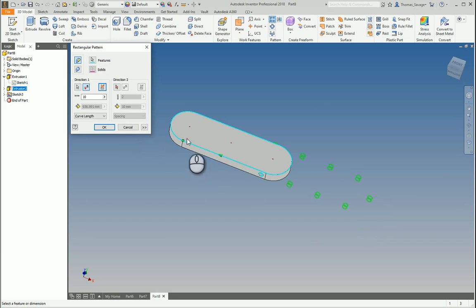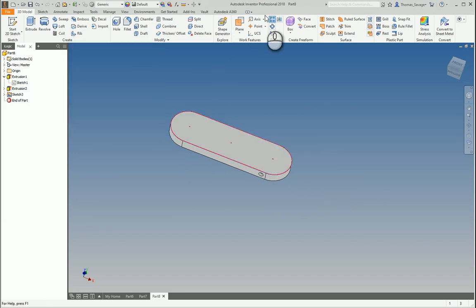This is also something that you need to look out for. You can see this green dot. This means this is where it's going to start from. So we need the green dot to be here. So if we start that again,